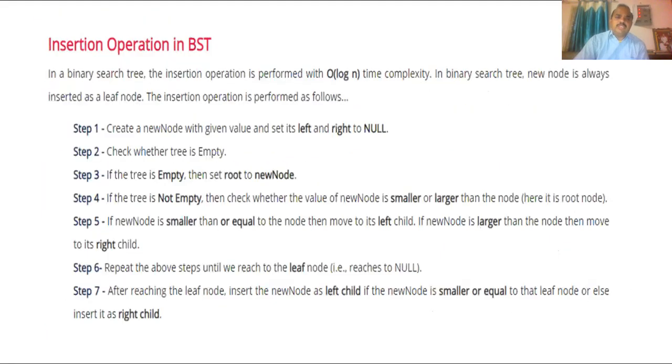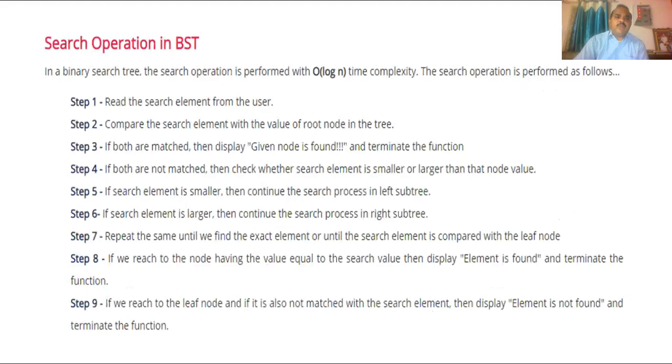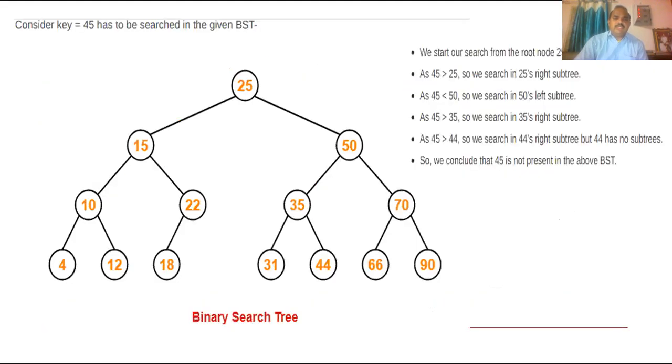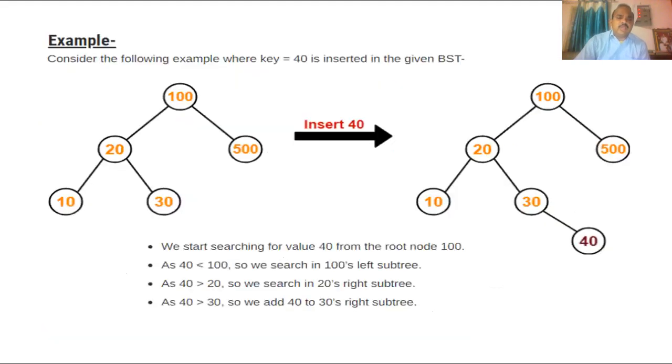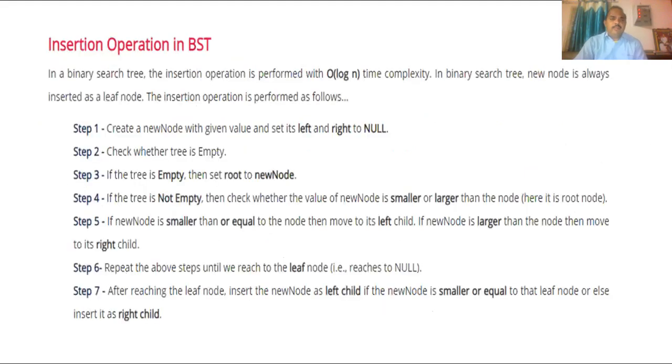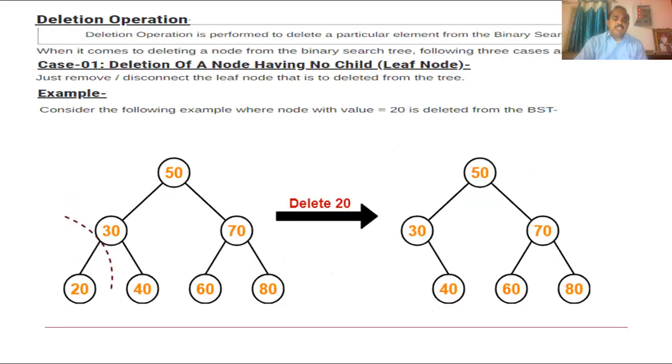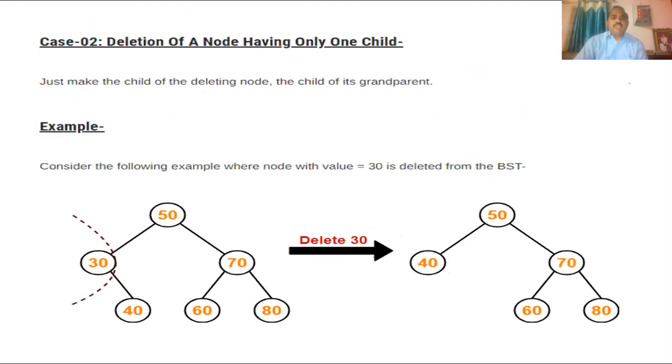We know how to insert an element into a binary search tree. So how to search an element, then how to insert an element. This is the search operation discussed just now. Then the insert operation is also easy, but the only difference is the deletion operation. This is a little bit complicated. So, delete operation. Clear? These are all the operations on a binary search tree.